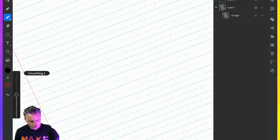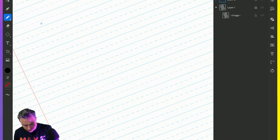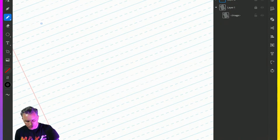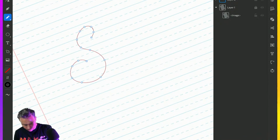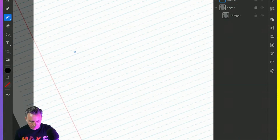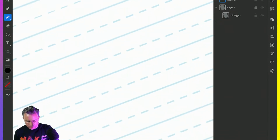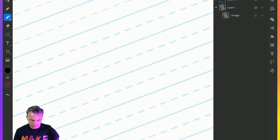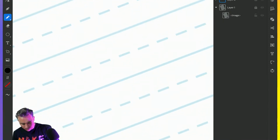I have the smoothing maybe about in the middle. You're just going to have to play with that, but we'll just go in. And this might not be that pretty. Actually, you know what? I'm going to take the smoothing up because I want these really smooth characters. And by the way, I'm not staying 100% true to this, but that's actually why I love, let's delete that, Illustrator. I can kind of zoom into this and yes, technically I should have some better lined paper, but